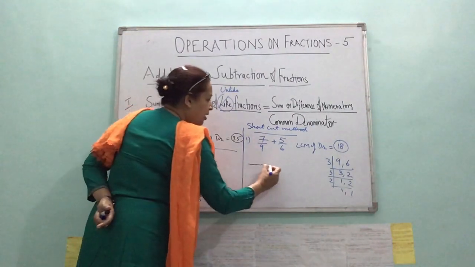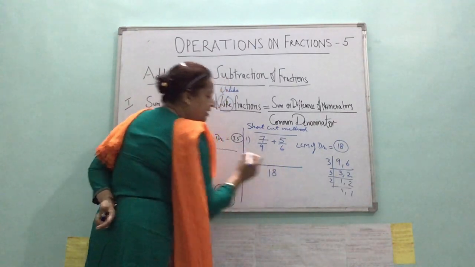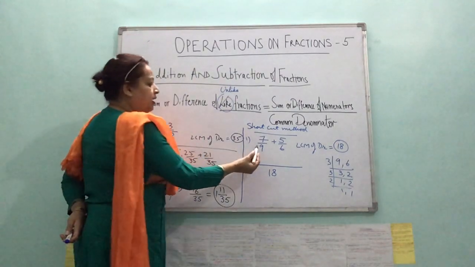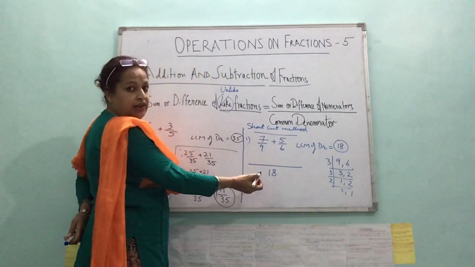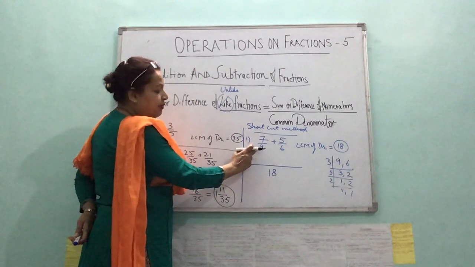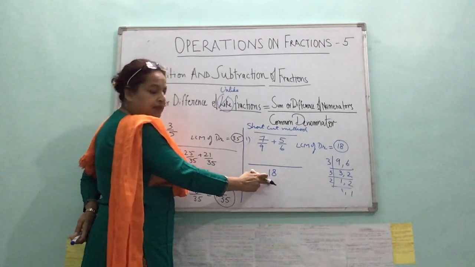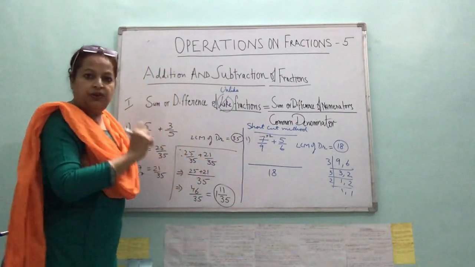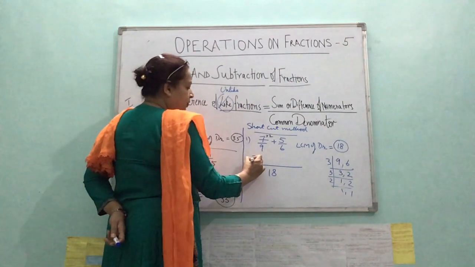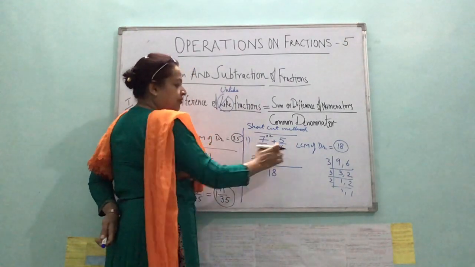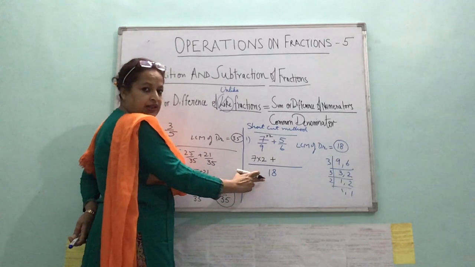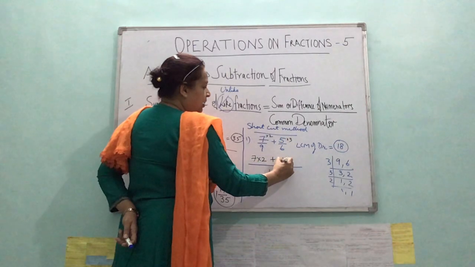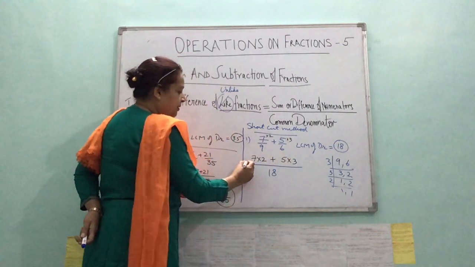Okay. So now I will take the LCM as a common denominator. Now mentally, 9 into what would give you the LCM? 9 into 2 would give you the LCM, right? If I multiply 9 by 2, then you get 18. That means I have to multiply 7 also by 2. You write 7 into 2, plus 6 into what is equal to 18? 6 into 3. 6 3 times is 18. So multiply 5 by 3. So 5 into 3. That's the first step.